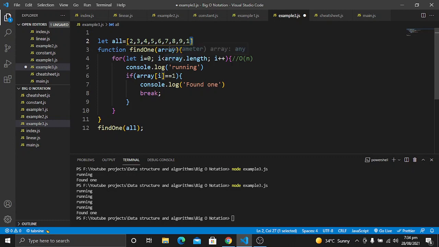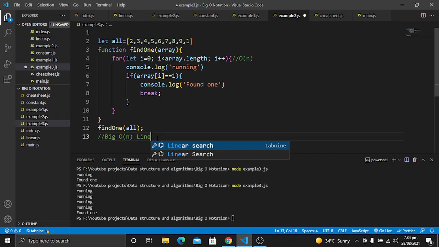We can say the array dot length times it will run, so it will be O of n. The simple idea is that it has a big O notation of n, which means that it has a linear time complexity.